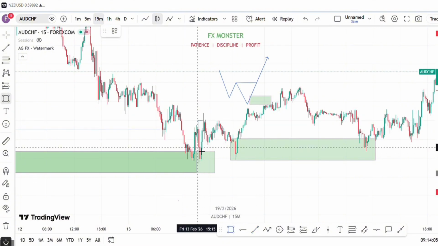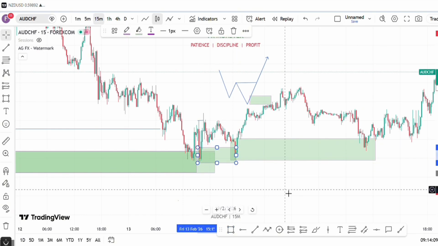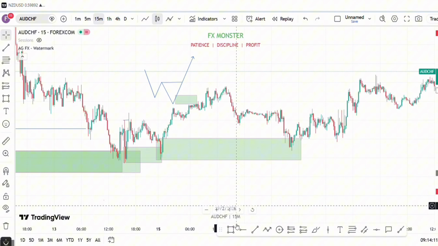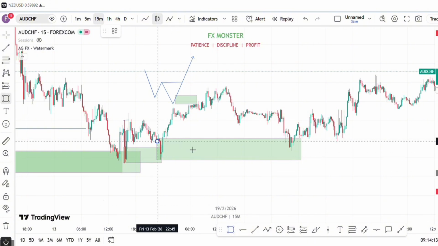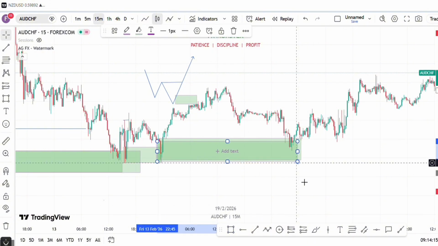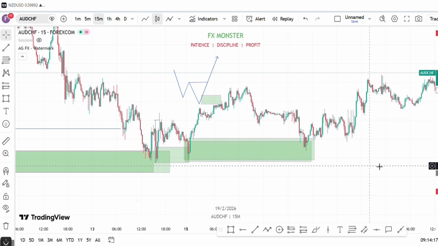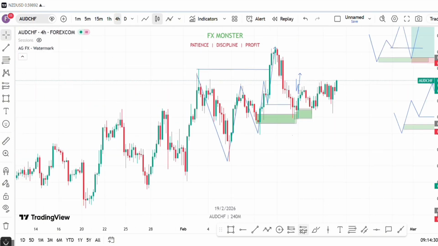but we could have taken our first buy here, but I clearly missed this, and that is why I mapped out this next order block. Assuming this trade never came down again to this order block, I wouldn't have taken this trade. So after it came down, we took our buy here,